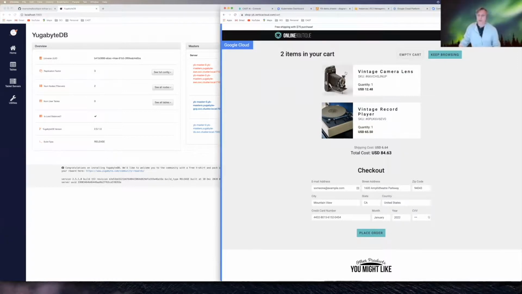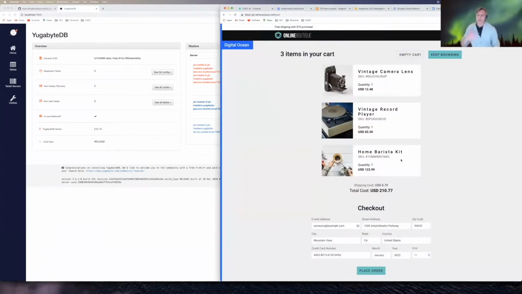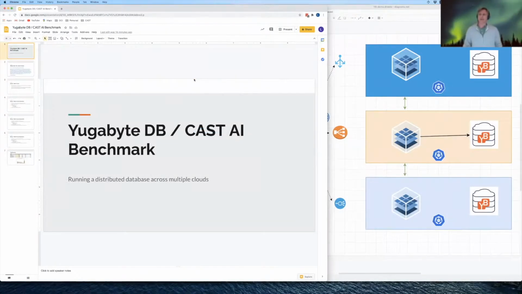So, in fact, let's give this a try. We can add additional items to the cart in a write mode, and we see that we have continued consistency even through failure. All right, guys, one of the last topics we wanted to cover is some performance benchmarks for